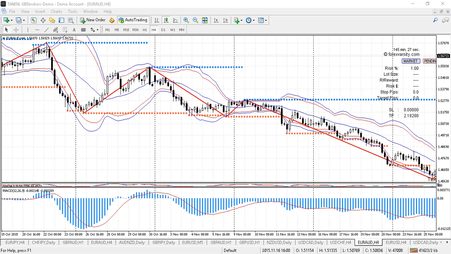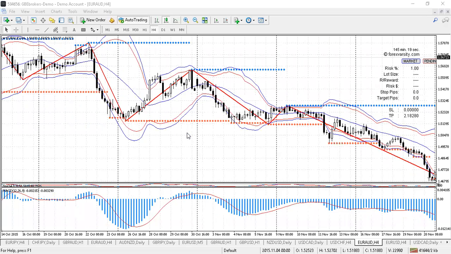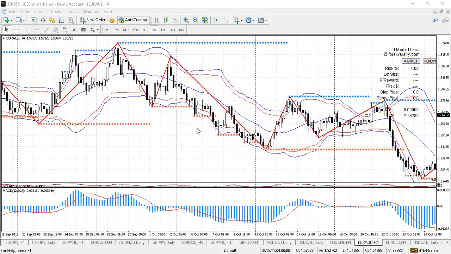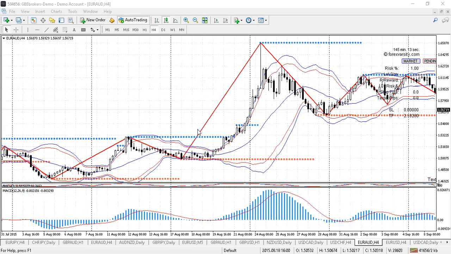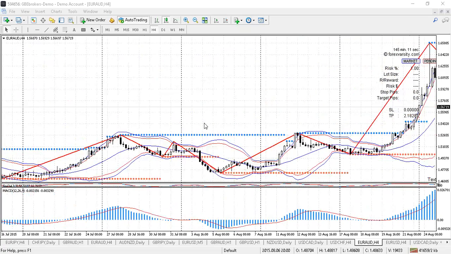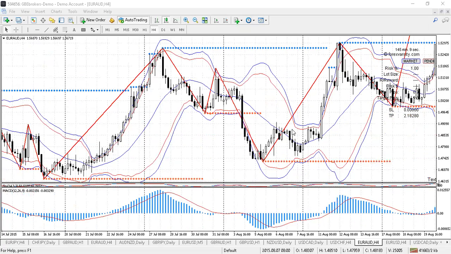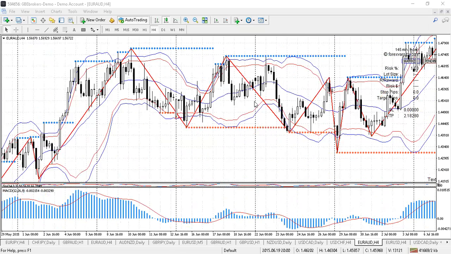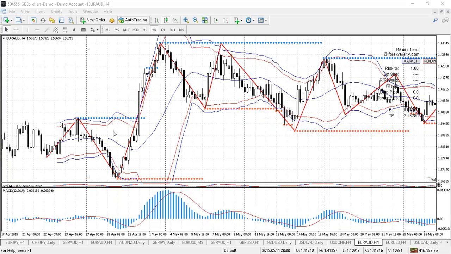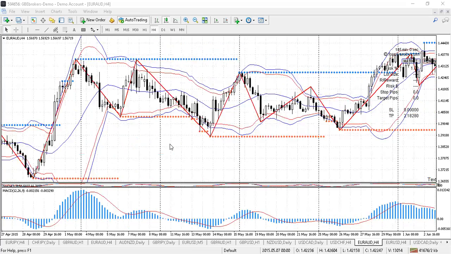I just want to do a little tutorial on divergence. It's something which, when you first start trading, is quite difficult to spot, but it's also very worthwhile learning and taking time to go through some past examples and just see how the divergence works out. I'll try and see if I can find a couple of examples here for you on the screen. But basically what we're looking at,